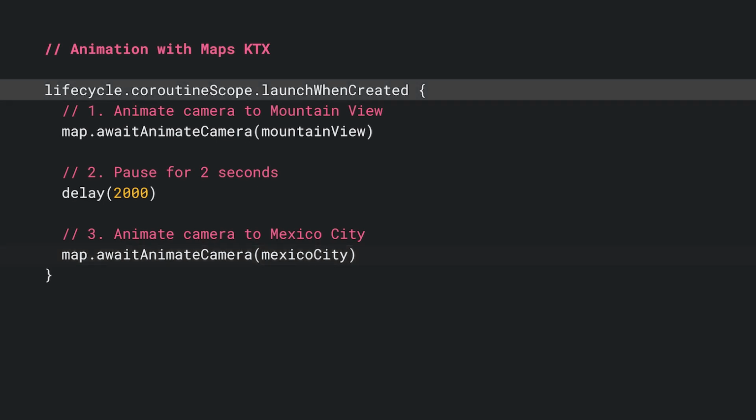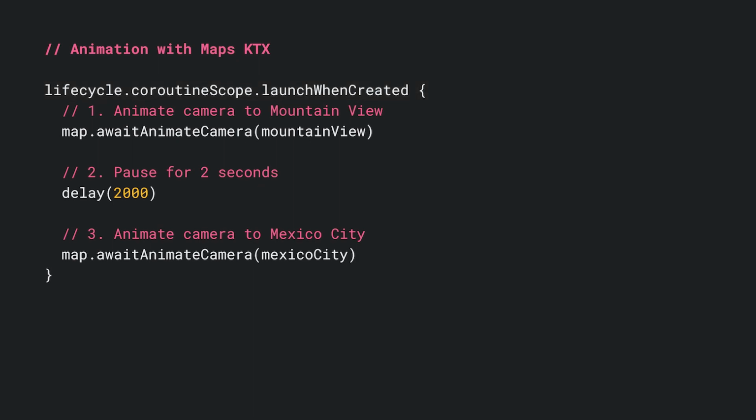Since these functions cause a coroutine to suspend, they need to be executed within a coroutine. Here, I've enlisted the help of the Lifecycle Runtime KTX library, which provides a coroutine scope tied to the activity or fragment's lifecycle. This ensures that the suspending function will be run and stopped at the appropriate lifecycle event. The Lifecycle Runtime KTX library is another good example of using a KTX library to leverage a Kotlin language feature, in this case, a coroutine accessible as an extension property.